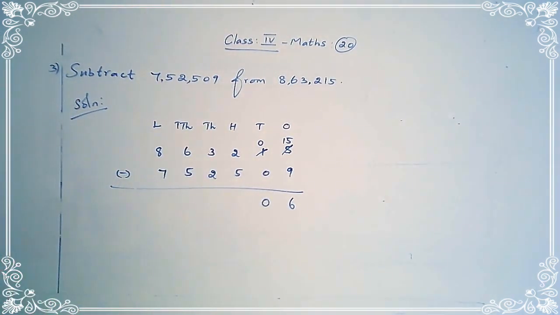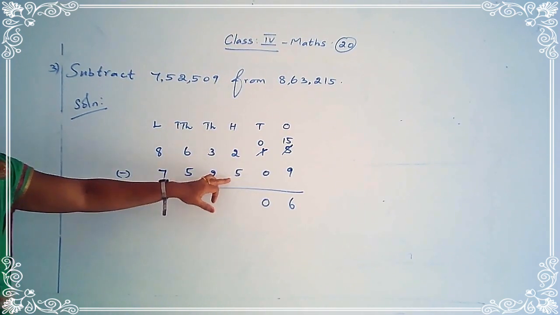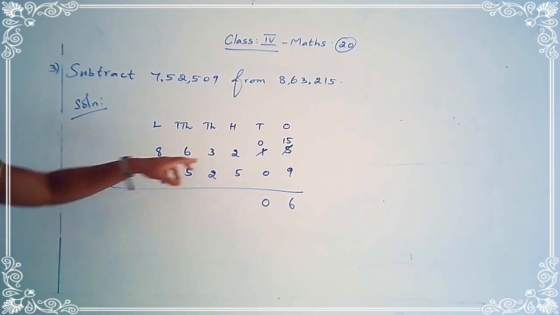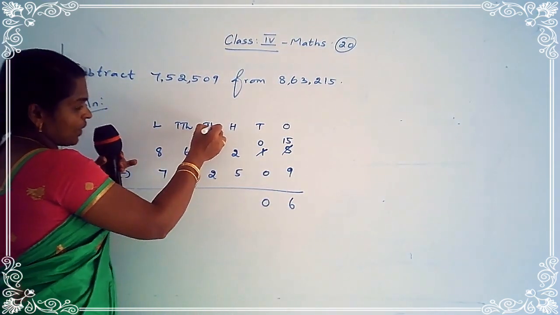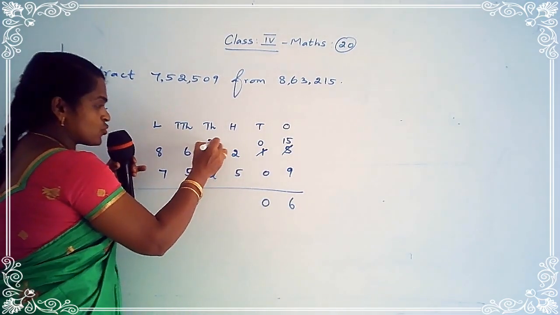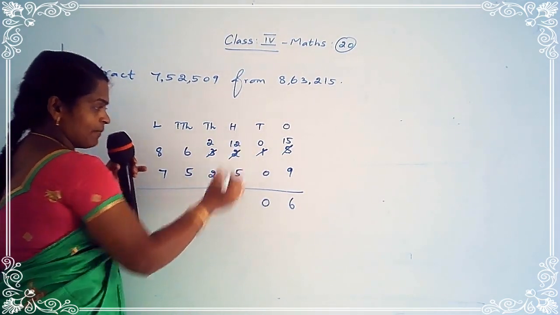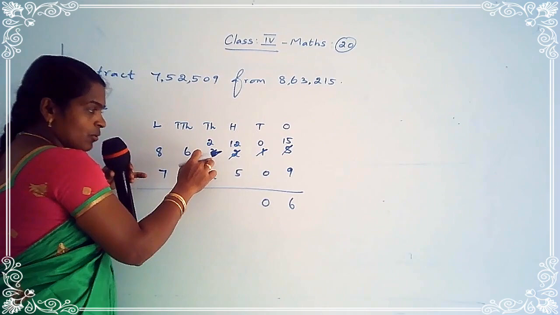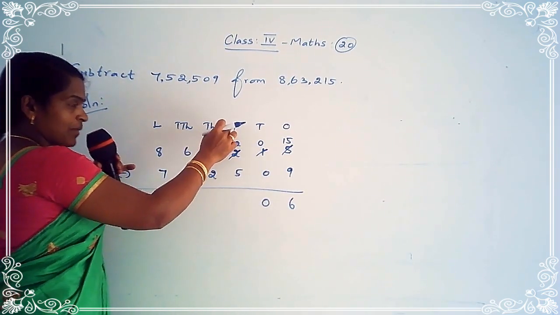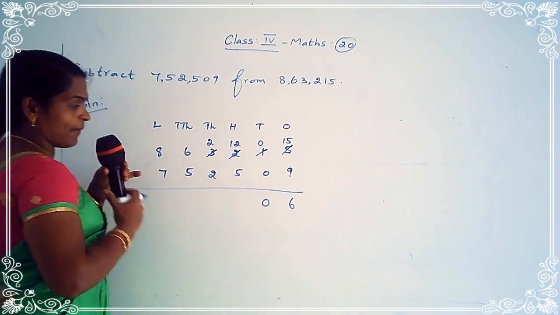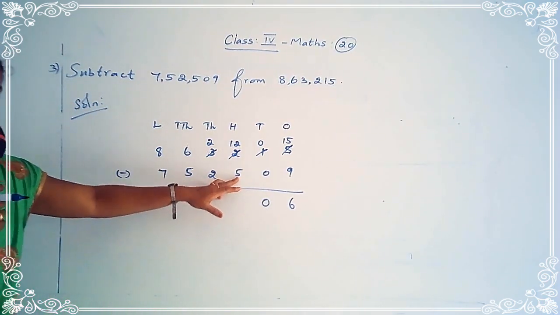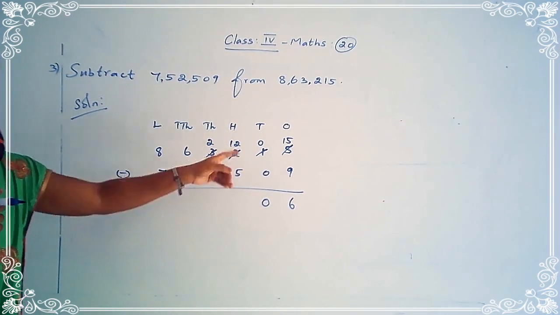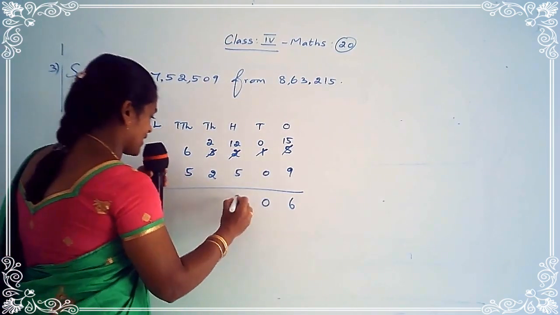Is this possible? No. Okay, why? 2 is smaller than 5. It cannot be subtracted from 2 to 5. Okay, so that's why you go to the next place and borrow. Here the thousands place has 3, so 3 becomes 2, here 2 is there, so 2 becomes 12. Okay children, you borrowed 1, so that's why this 2 becomes 12. Here 3 becomes 2. Now subtracting in hundreds place, 12 minus 5. 5 after 6, 7, 8, 9, 10, 11, 12. So 12 minus 5 is equal to 7.